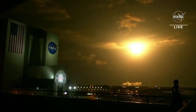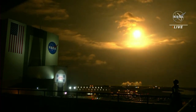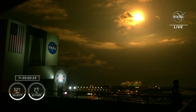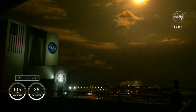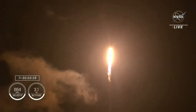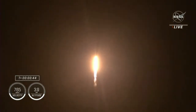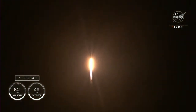The vehicle is pitching downrange. 9 Merlin engines on the first stage providing 1.7 million pounds of thrust. Hearing good calls on first stage performance so far. We are T plus 30 seconds into the second rotational crew mission on board Dragon and Falcon 9. Falcon 9 will be throttling down the 9 Merlin engines shortly here in preparation for